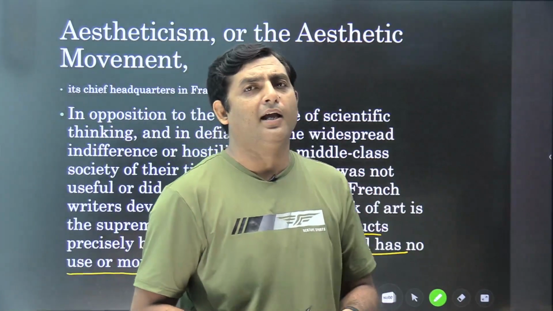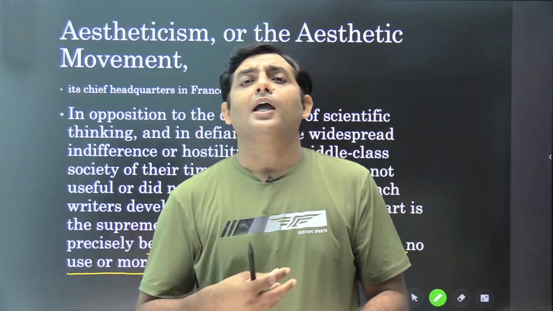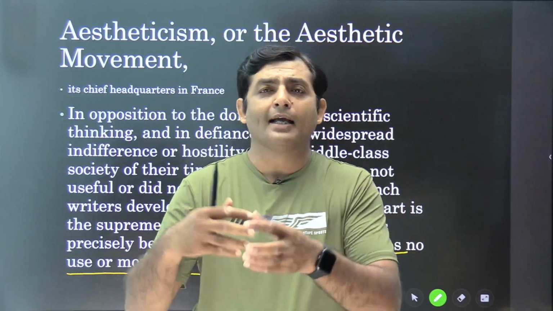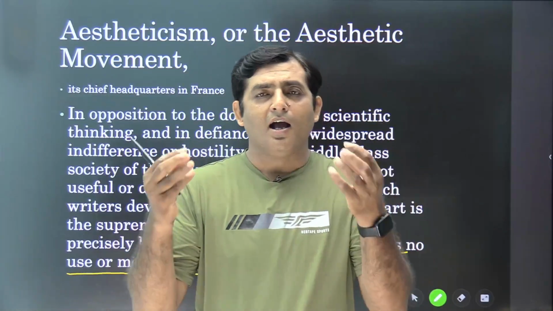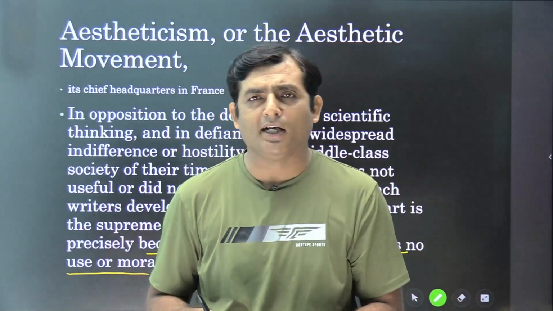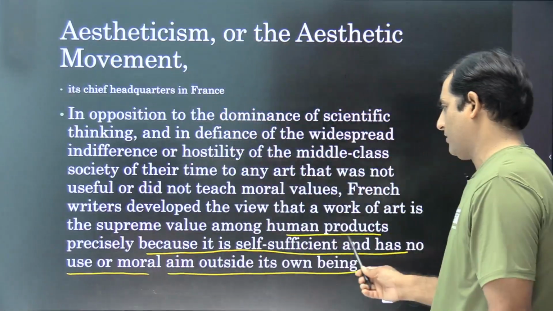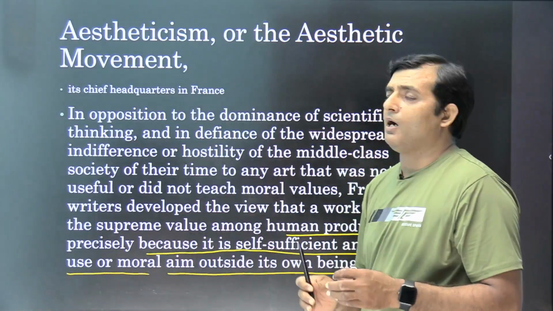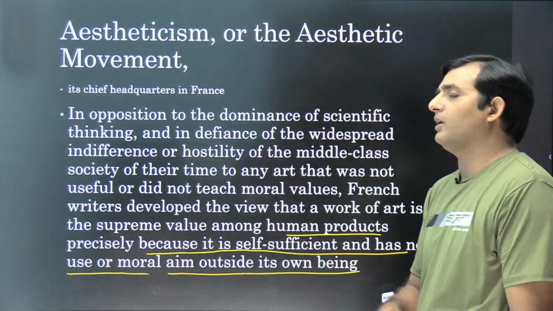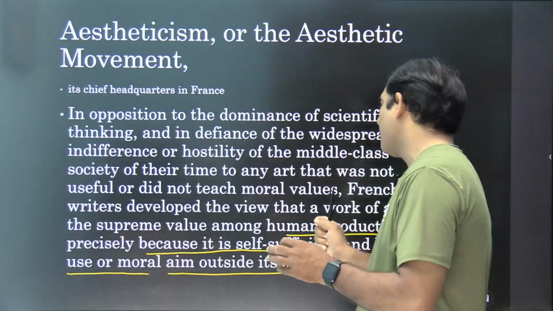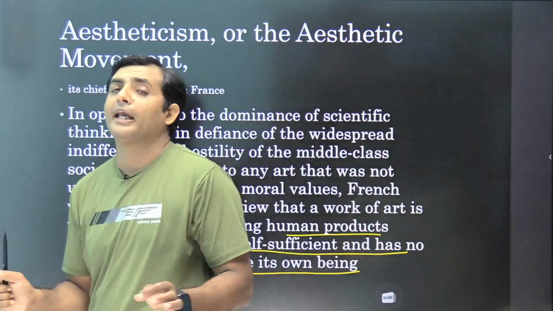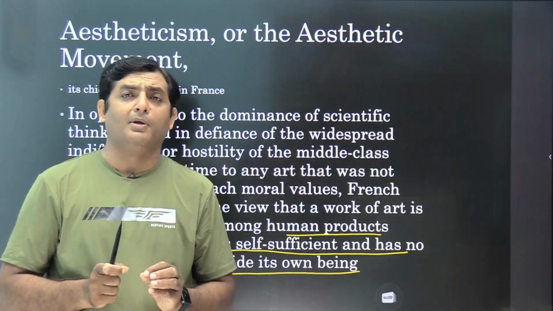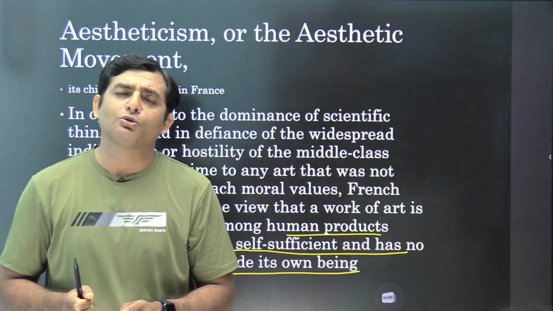During the Victorian era, during the industrial era, everything was considered in the context of production, selling and buying. That was the trade language, and literature was also thought to be a product, but literature was such a product that it contained the supreme value among all human products, precisely because it is self-sufficient and has no use or moral aim. It doesn't have any moral aim. It is not the duty of a literary man, it is not the duty of literature to teach morality,